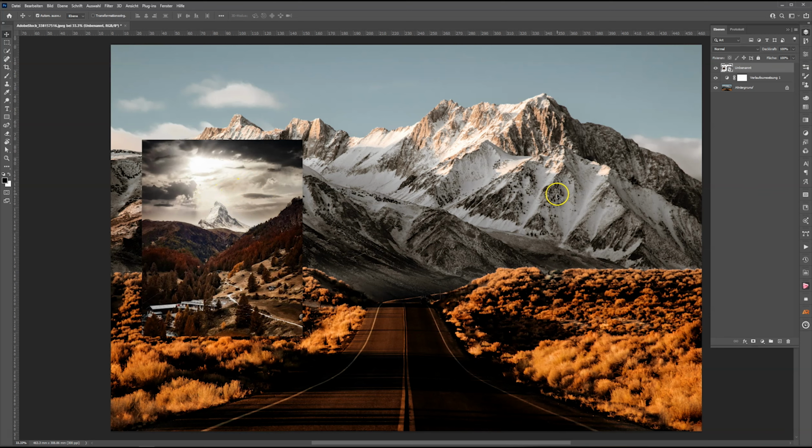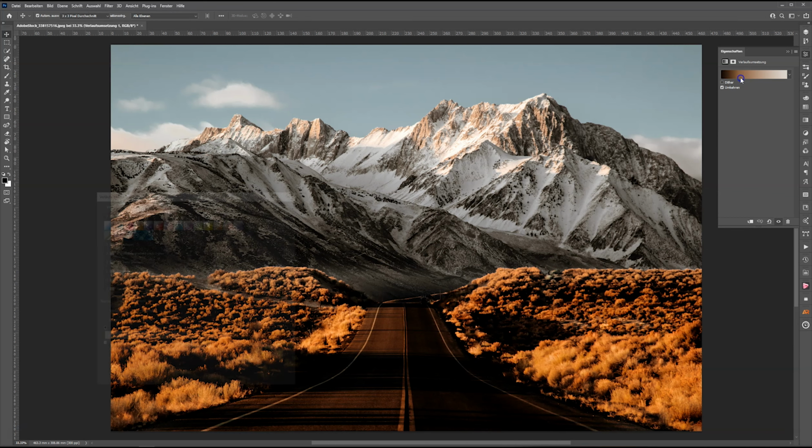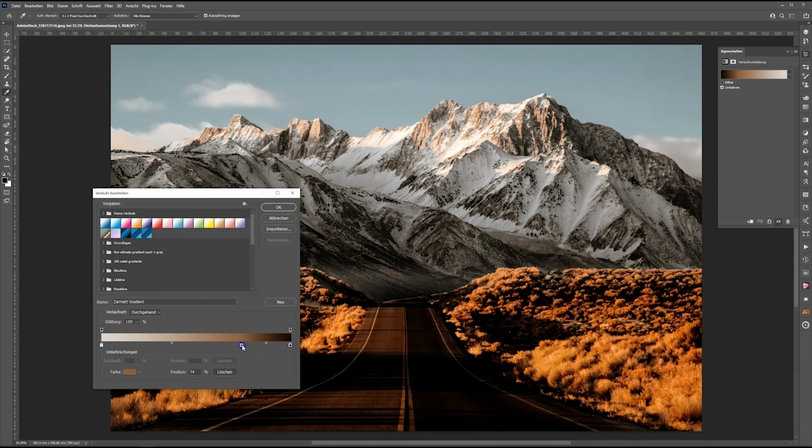That's pretty much what we have here. Of course, this is a starting point. You have to do and add more color corrections. You can either go to your gradient and make corrections here, directly in the gradient panel. For example, I want to have it darker or lighter. Or